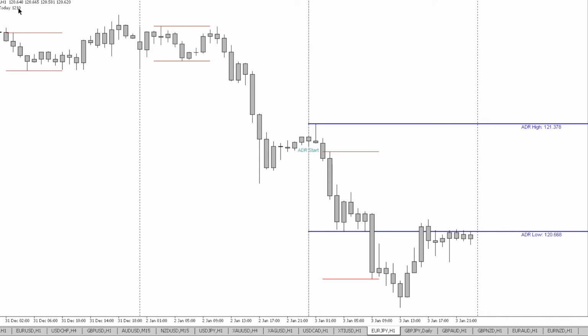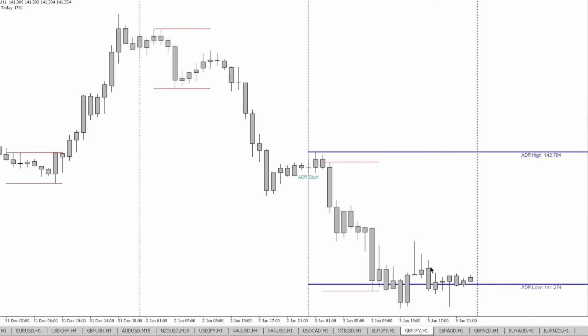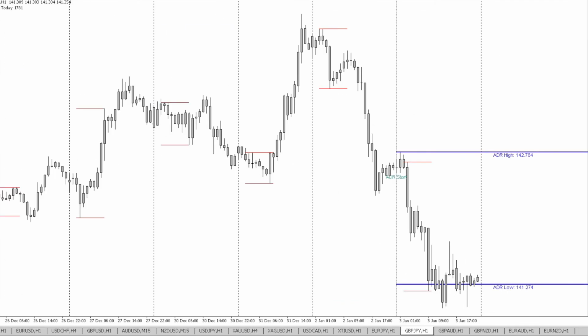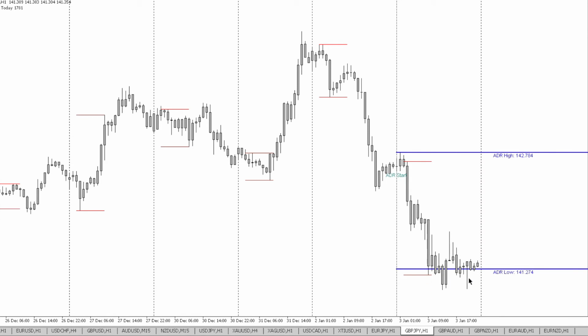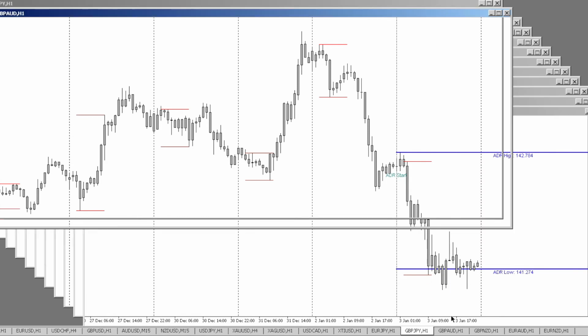Normally does 71, done 121, broke straight down. So you can see that was offloading for the yens because of what was happening with Trump. You can see GJ look right down, but what happens, it gets to the ADR low and we start to see a bit of deceleration. So especially when you're day trading,